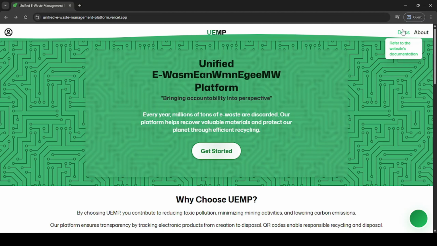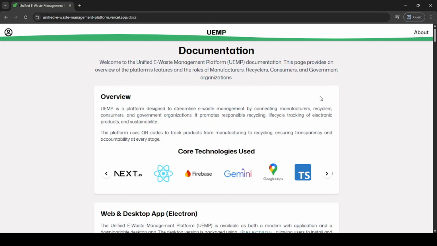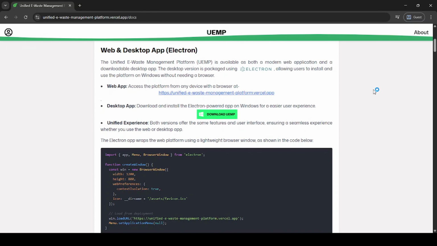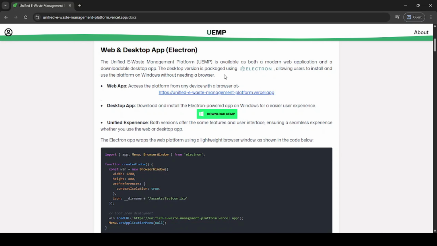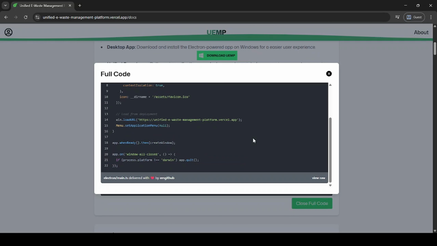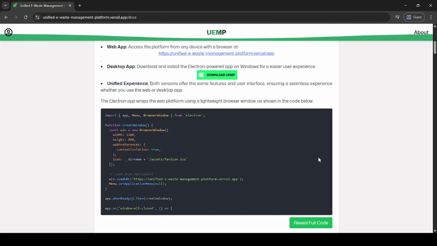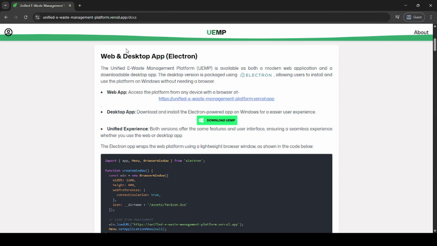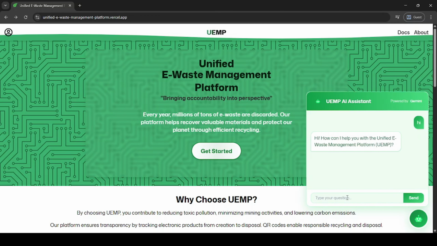Further, our key thing which we have introduced here is a desktop version, where the UEMP is available as a modern web app and also as a downloadable desktop app. The desktop version is packaged using Electron, where the users can install and use the platform on Windows without any browser. Next, we have a Gemini powered chatbot which has been introduced in the platform for the customer's ease, and